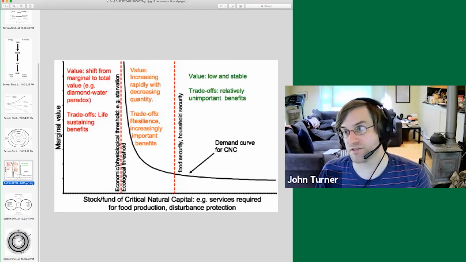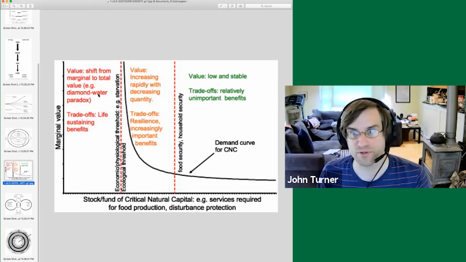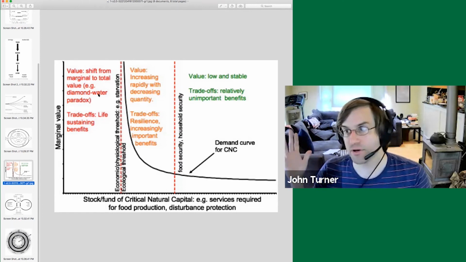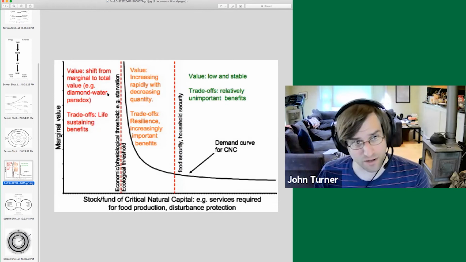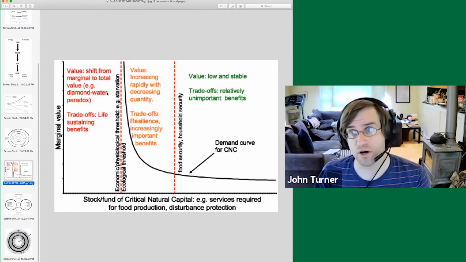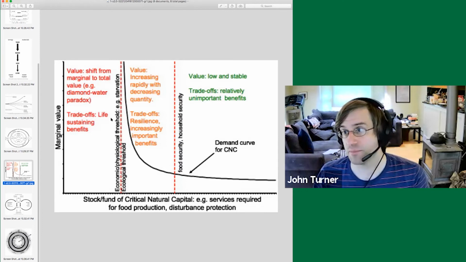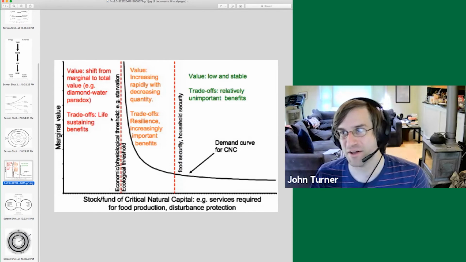Water has very low marginal value. In many locations, water has very low marginal value. Might not be true in the middle of the Sahara, right? Or like right now in Arizona. But up here in Vermont, right, water has very low marginal value. There are few times of water scarcity. Even given a highly agricultural economy, water is generally not scarce, so it has very low marginal value. But at the same time, if we had only diamonds, right, and no water, we would have